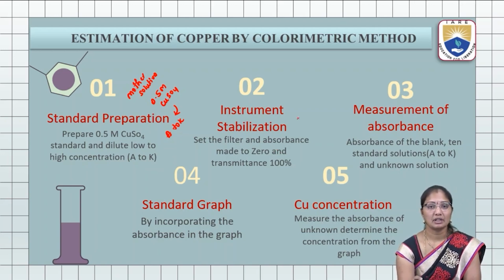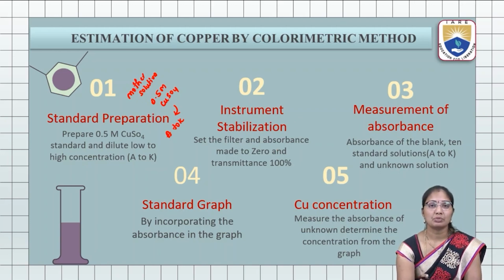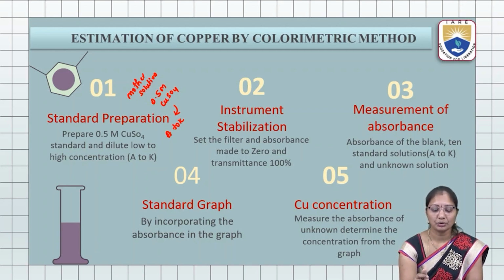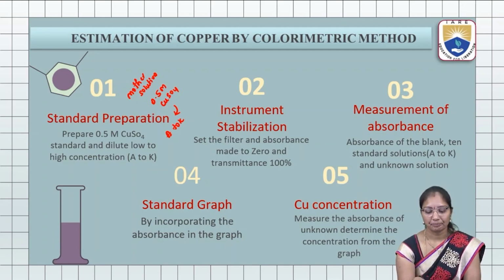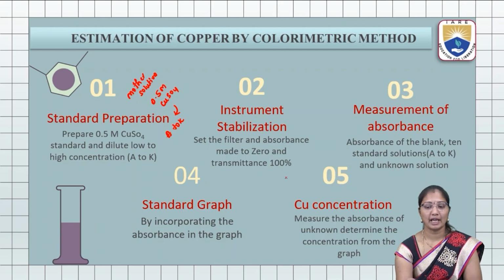In chemistry experiments, the main thing is that before doing any experiment, any instrument has to be stabilized for a particular time. Suppose we are going to do this colorimetry, we have to stabilize with blank and we have to stabilize the filters before their use and before analysis in the laboratory. For the instrument, the absorbance has to be 0 and the transmittance should be 100. So, we have to set the instrument with absorbance 0 by inserting the blank water and the transmittance should be 100.